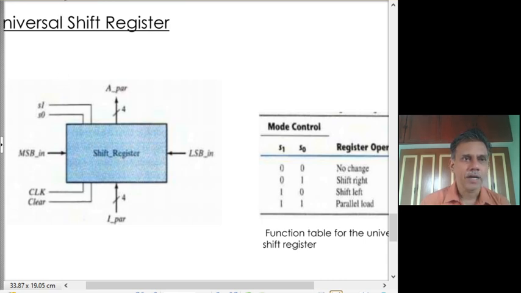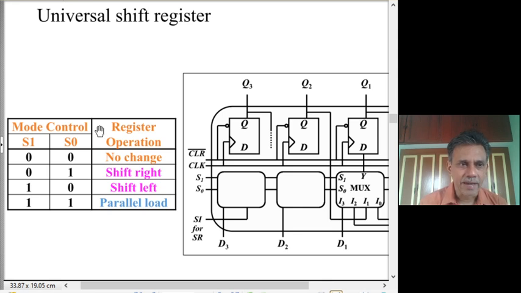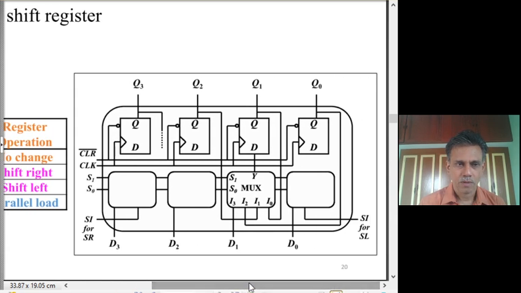Well, now how do we realize it? Again, the same operation is shown here. This is the mode control. We can do it as follows. In this case, we have used 4 D flip-flops. Their outputs are denoted as Q0, Q1, Q2, Q3. There is a clear bar input that goes to all these flip-flops to clear them to zeros to begin with. A common clock goes to all the clock inputs of the D flip-flops, positive edge triggered.